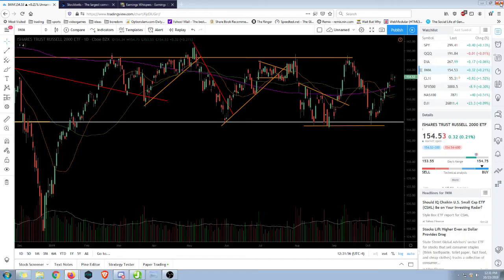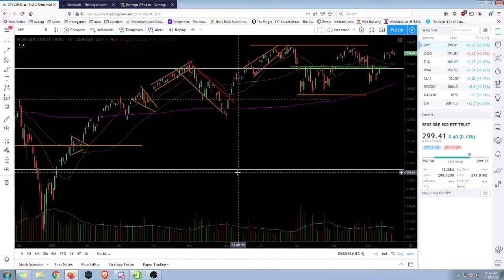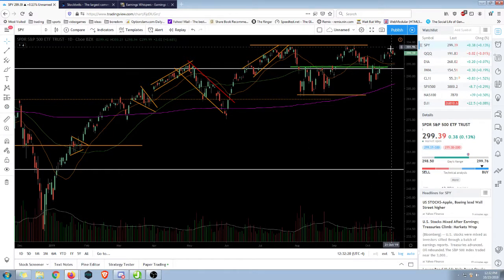First thing we're going to do is take a look at the S&P 500. Let's go over here to SPY and see where we stand. Now, we've had an interesting week since last Wednesday. The market, for the most part, has really not moved much. We had a nice move at the beginning of last week, and as you can see, we're pretty close to all-time highs, and overall the market is, I think, holding up and doing a pretty good job of getting ready